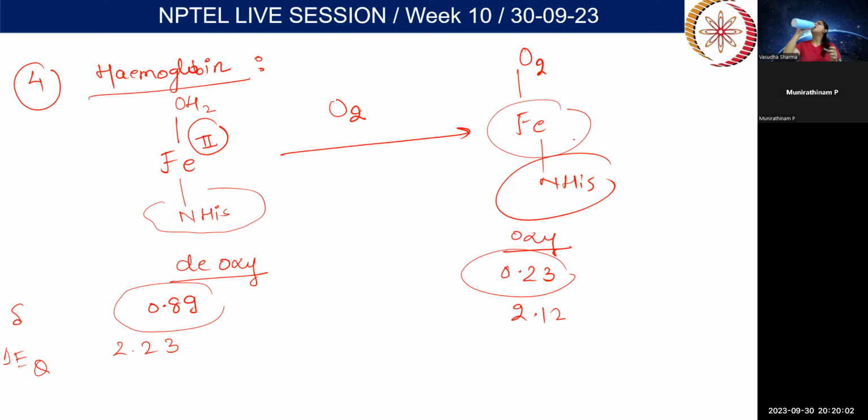Ma'am, in oxygenated hemoglobin structure, iron having zero oxidation state. No, zero oxidation state is not possible, no? Zero would mean it would have d8 electrons,